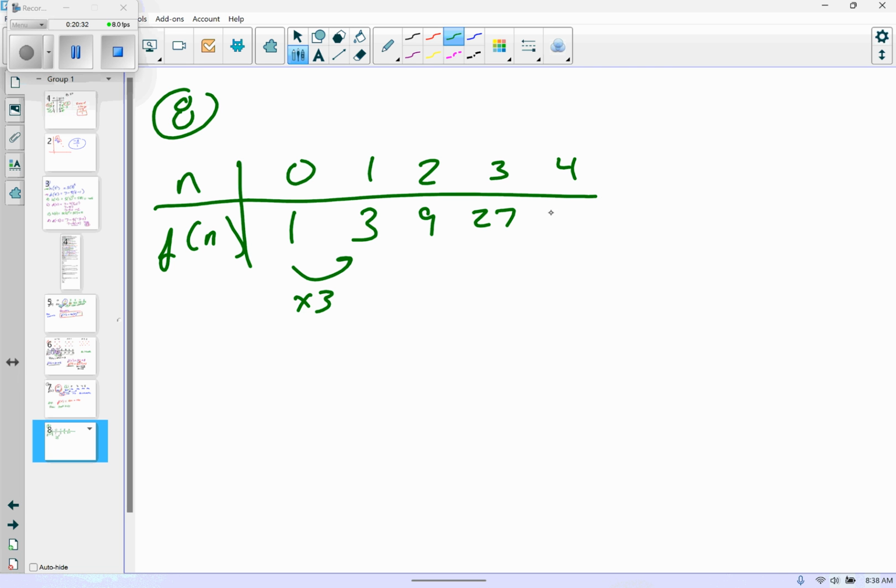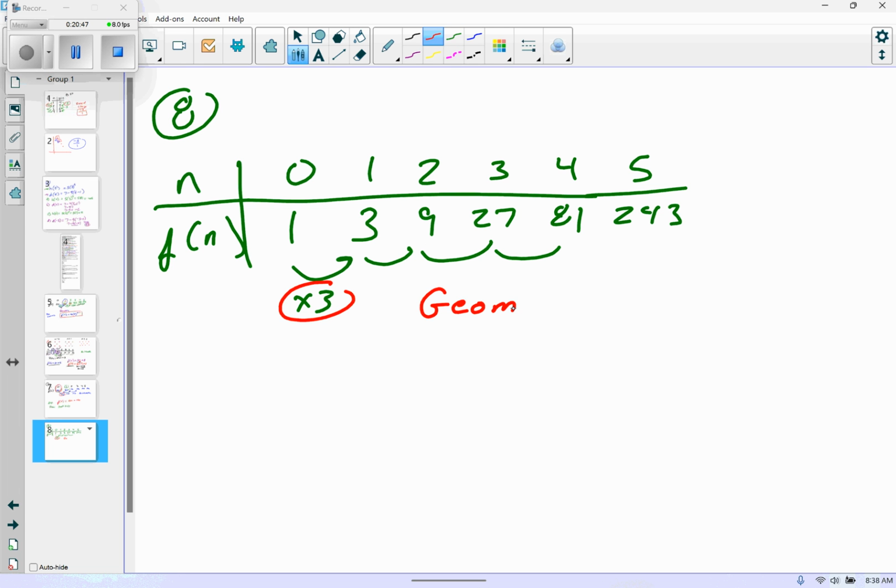At day 4, you have, was that 81? And at day 5, we have 243. Ooh, lots of people getting sick. So we're multiplying each time by 3. Because I'm multiplying by 3, this means it has to be geometric. And because we are starting with day 0, let's start with that. So I'm going to use f at n, because I have here, is equal to